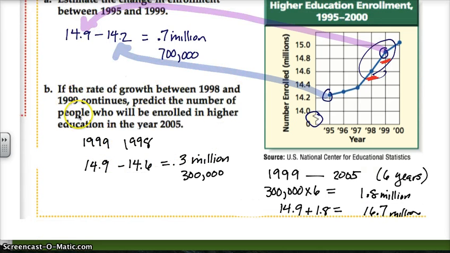Here we're going to predict the growth rate based on the growth rate between 2 years. So the growth rate between 1998 and 1999 was 0.3 million or 300,000. And so we're going to use that to predict what would happen in 2005 if that growth rate continued from 1999. So if every year we gain 300,000, that's 300,000 times 6, which gives us 1.8 million. If that happened from 1999, then we'd end up with 16.7 million students. Let's look at the rest in another